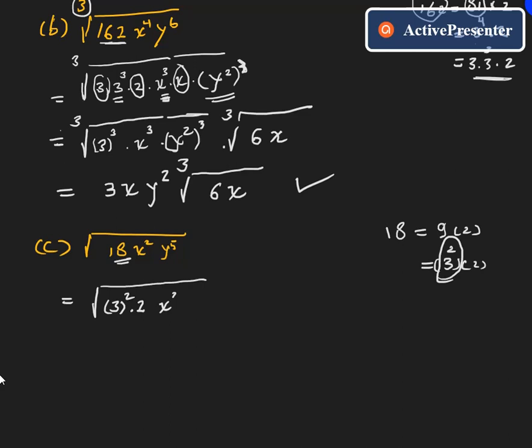Also x square here, we will utilize it along with the 3 square, because we have here the number 2, so those will be eliminated, and we have y to the power 5. Y to the power 5 is equal to what? Y to the power 4 multiplied in y, which is equal to y square to the power 2 multiplied in y. So this is equal to y square all to the power square multiplied in y,